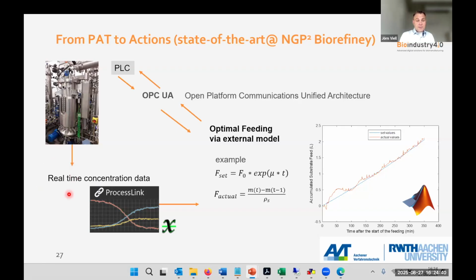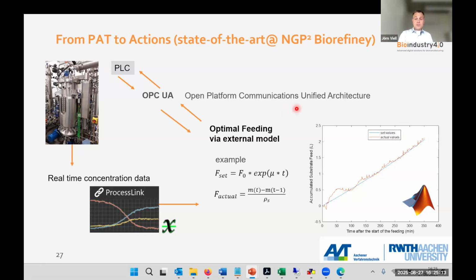These concentrations can be derived inline or in real time, also via APIs in our software, where the models can be evaluated directly. So it gives us concentration data in real time, and our PLCs have an OPC UA interface, which is an open platform communication standard